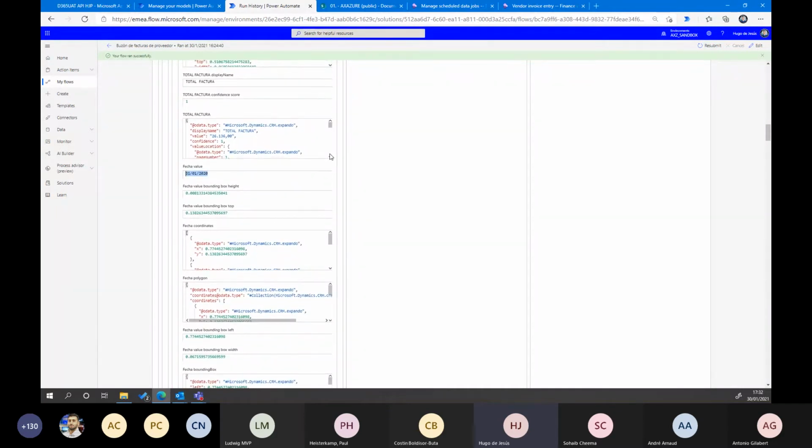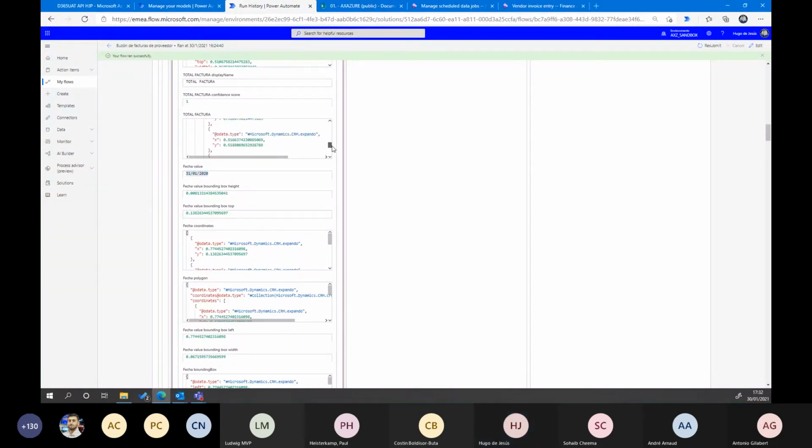And as you can see here, all of the extracted data have, let me show you, one more piece of data. This is important. This is the confidence value. In this Power Automate, we don't use the confidence value, but in a real scenario, you need to use it, because maybe the format is not exactly the format that normally the vendor sends to us.